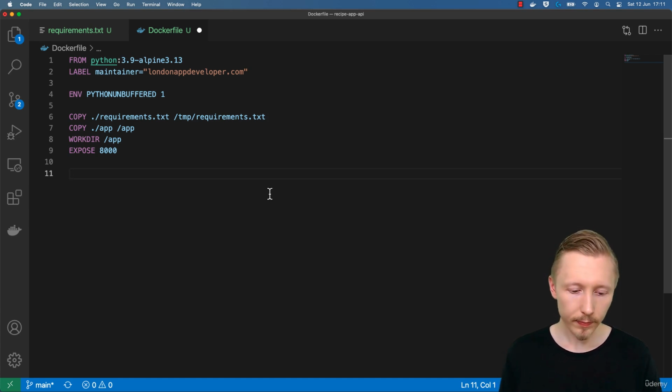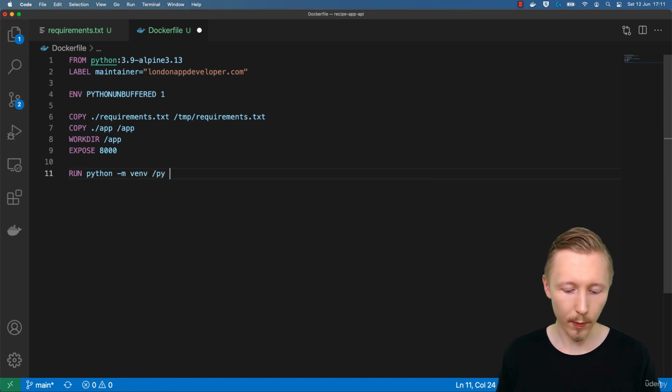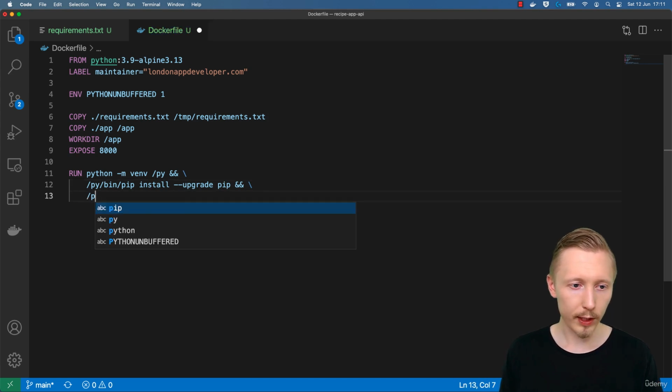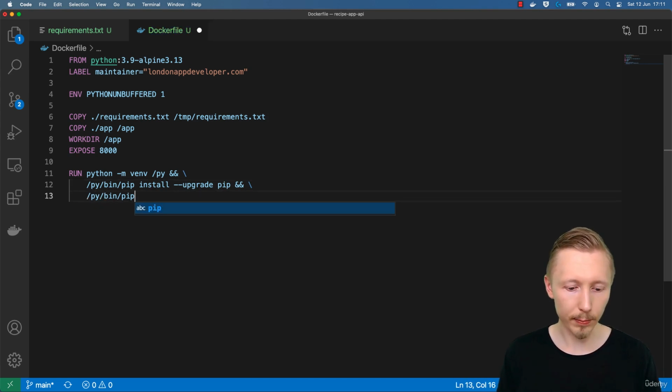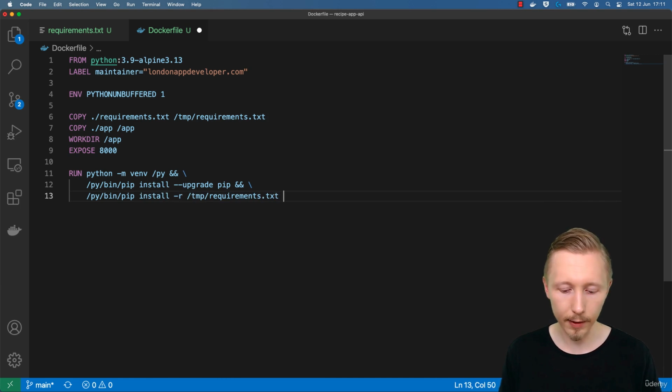So we'll type RUN python -m venv /py && \, and then an indentation under that we'll do /py/bin/pip install --upgrade pip && \, then /py/bin/pip install -r /tmp/requirements.txt && \